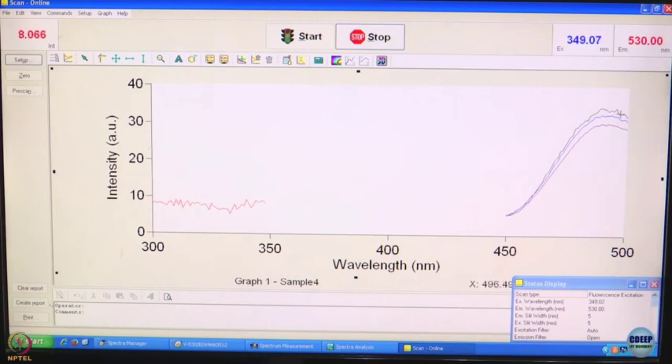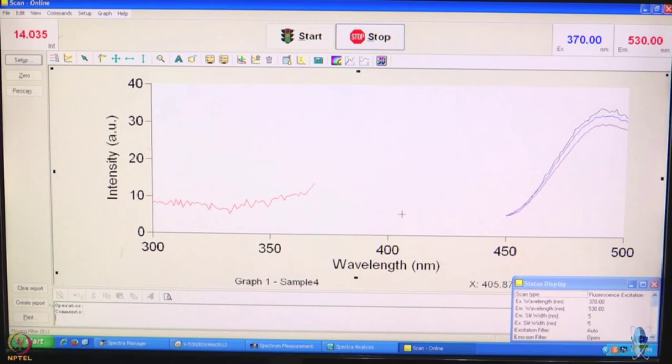So, even though we have kept the emission wavelength same, intensity of emission is going to change, because now you are scanning the range over which the molecule absorbs, and wherever it absorbs more, we are going to get a greater emission intensity.